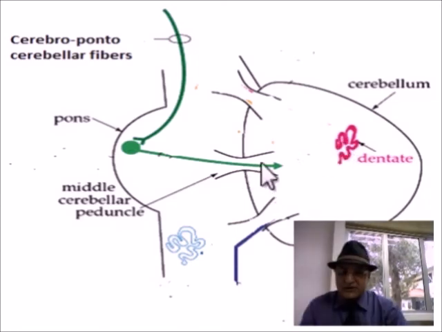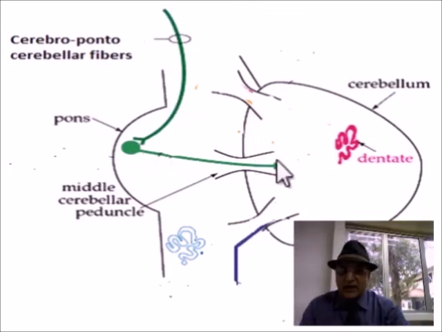The only major tract that goes through the middle cerebellar peduncle to cerebrocerebellum, where there will be the dentate nucleus as I said, is coming from the cerebral cortex and it comes down to the pontine nuclei. So from pontine nuclei it goes to the other side of the cerebrocerebellum through the middle cerebellar peduncle. So this tract will be called